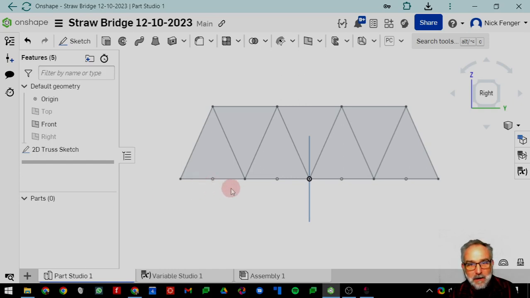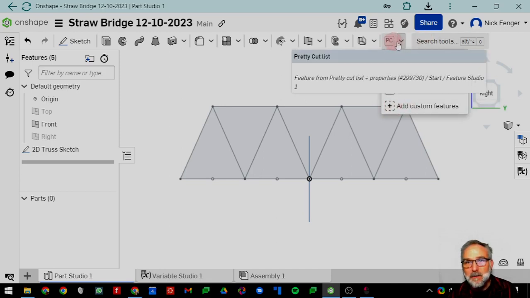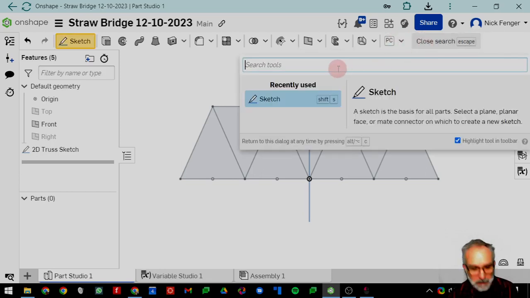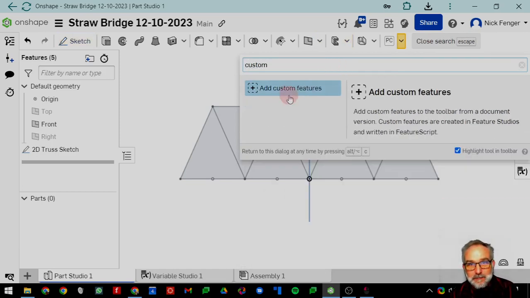We can start creating nodes. Nodes require a feature script called Node Creator, and we're going to add that. You're probably going to have to add custom features over here. I've got one already picked, so if you don't see it, just search for custom features, and you're going to